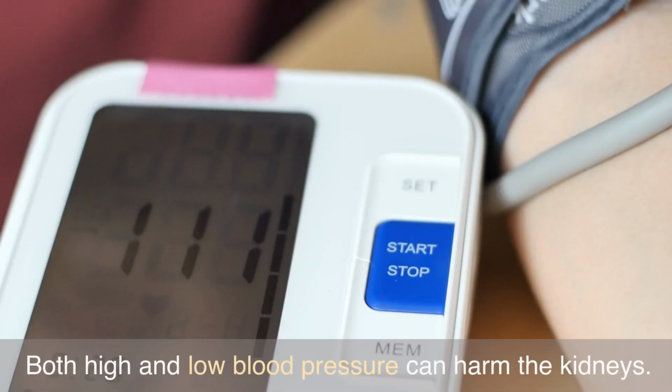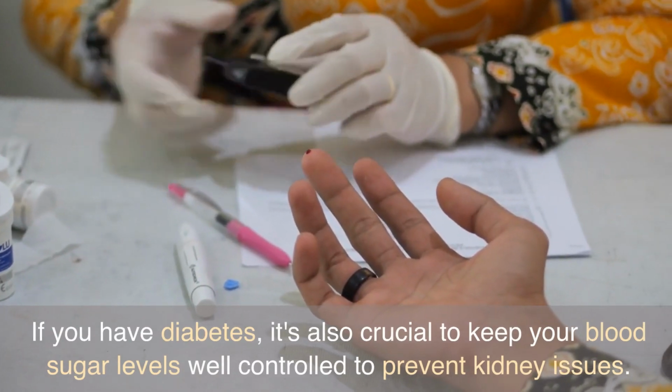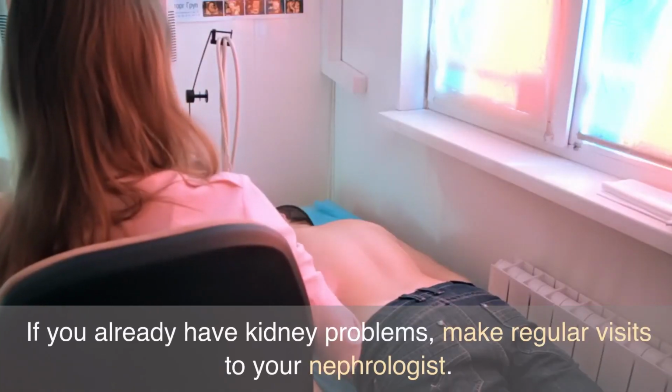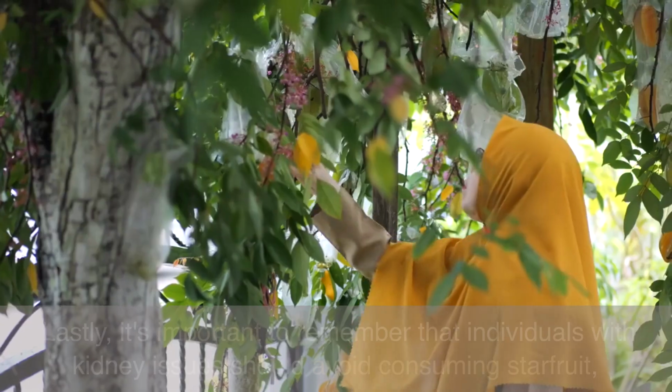Both high and low blood pressure can harm the kidneys. If you have diabetes, it's also crucial to keep your blood sugar levels well controlled to prevent kidney issues. If you already have kidney problems, make regular visits to your nephrologist. Lastly,